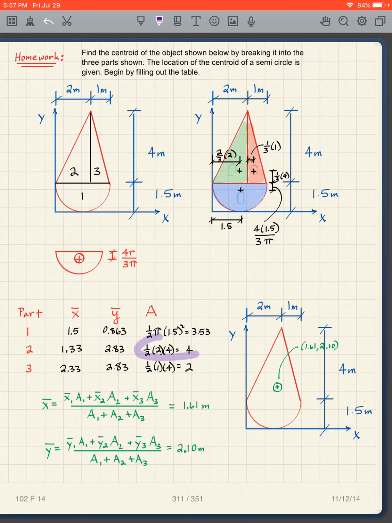And it's a triangle, so it's 1/2 the base times the height. For this one here, for area 3, again, I'm 1/3 of 4 plus the 1.5. So the y bar is the